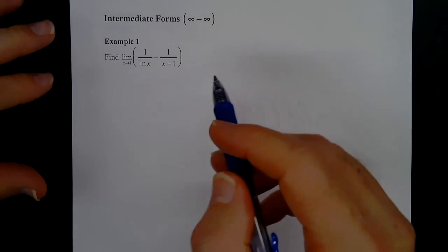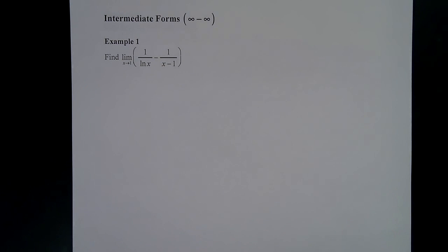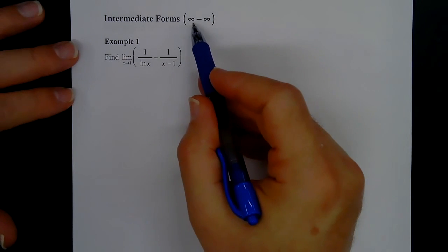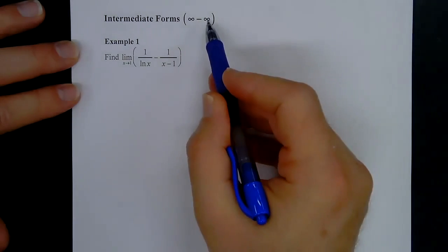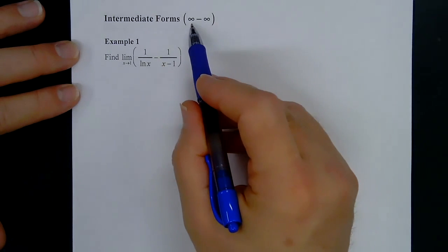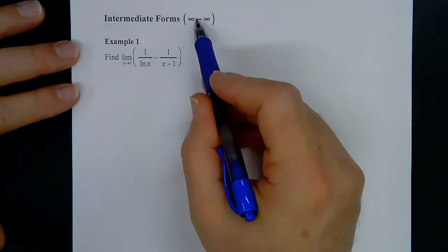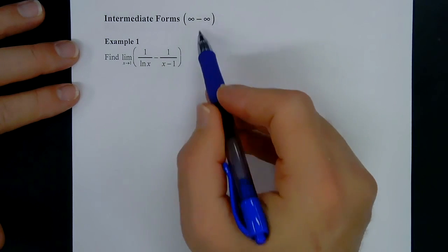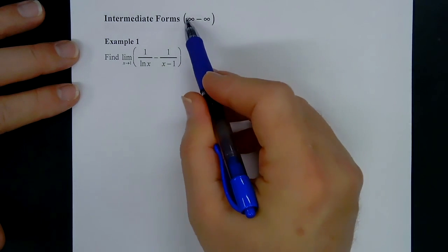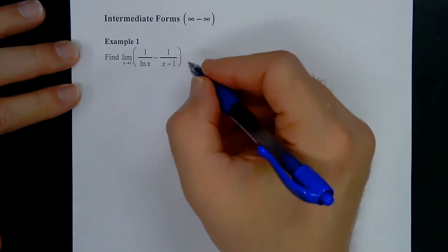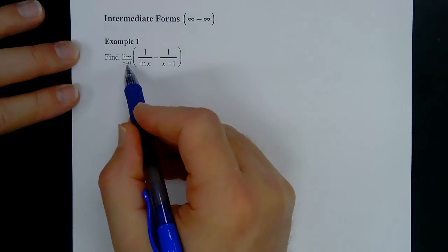So the next situation where we could use L'Hopital's rule is when we get some type of infinity minus some other type of infinity. Okay. Now, don't think because it says here positive infinity minus positive infinity that it has to be that. It's just an infinity minus some other infinity. So this could be a positive or a negative. So this next example, we're finding the limit as x approaches